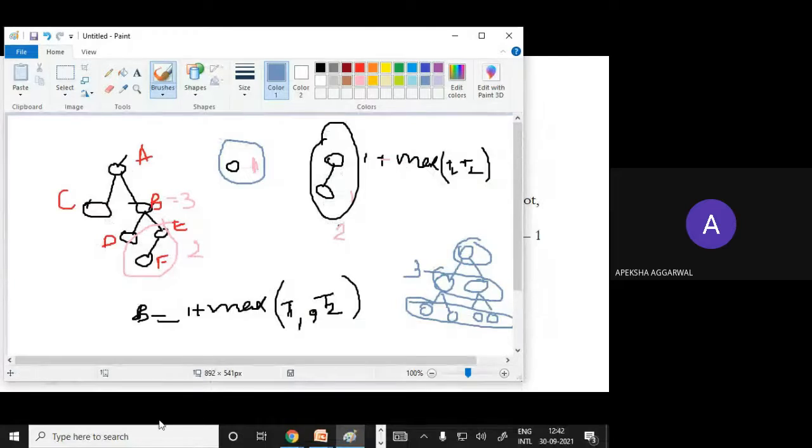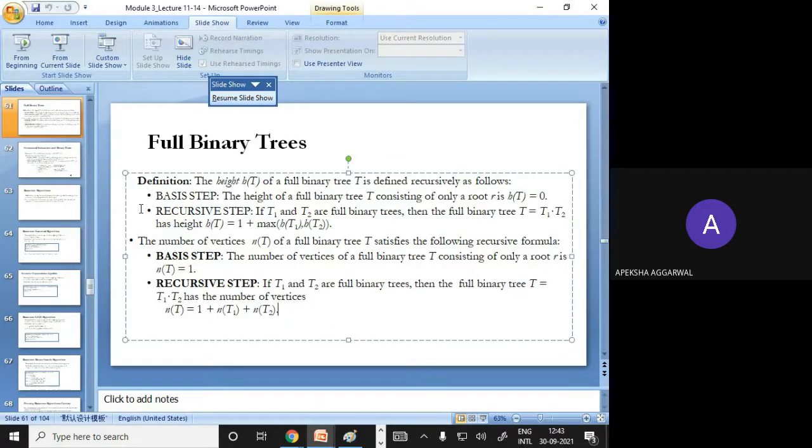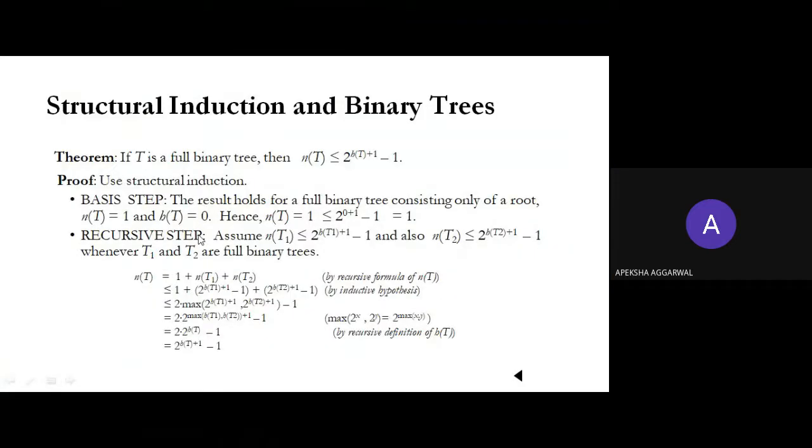if you look at node B, the left subtree has only one node and the right subtree has 2 nodes. So how we calculate is we take the maximum of them. So here, 2 into the maximum of height, whichever height. If you have only one node in the left subtree, and in the other you have 1, 2, 3, 4, and multiple children in multiple levels,